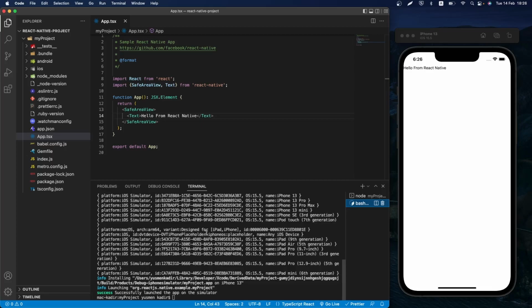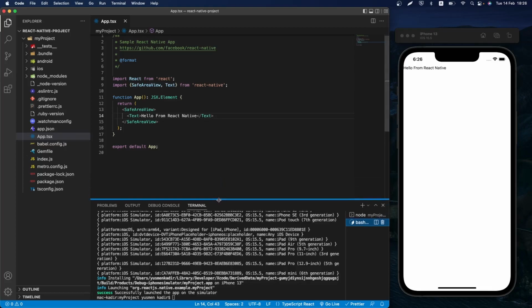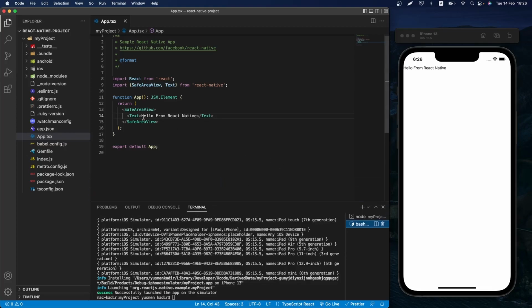If you're running on Android, you have to use other commands, and I assume that you already know how to install a bare bone React Native project, and you can now follow with me the making of this